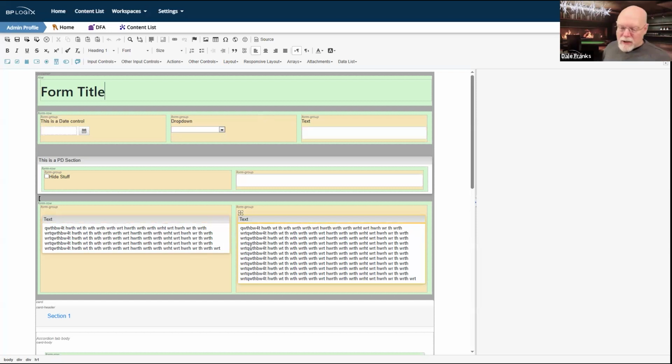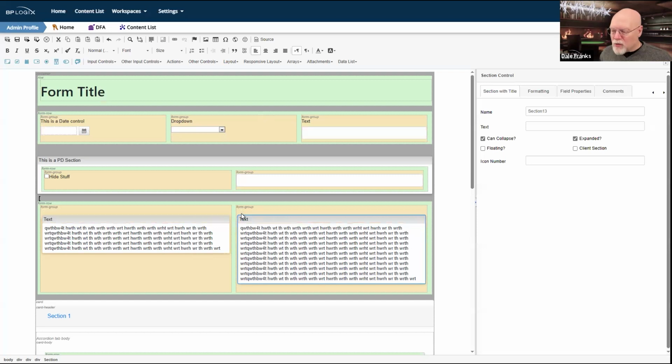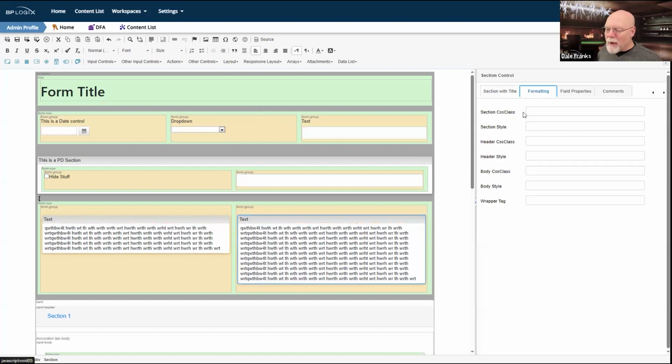There would have just been a slight difference. I would have had to configure my section controls a little bit differently. For example, on the formatting, I probably would have had to add a CSS style to set them to, I don't know, 95% of the container width. Certainly could have done it. Wouldn't have been that hard.